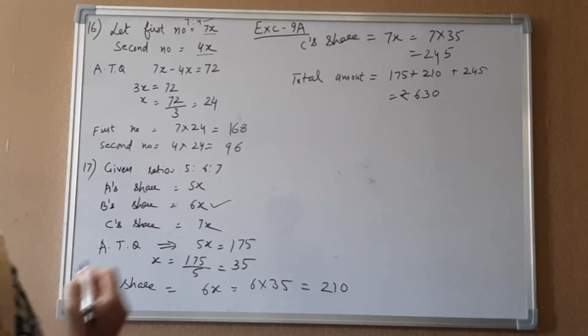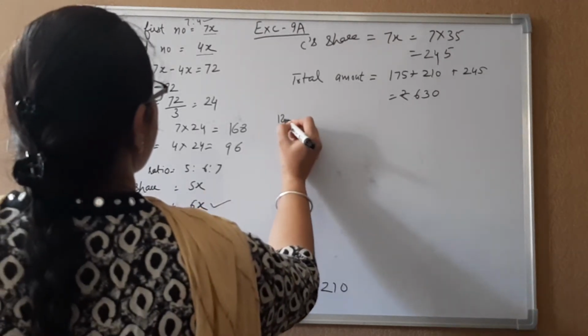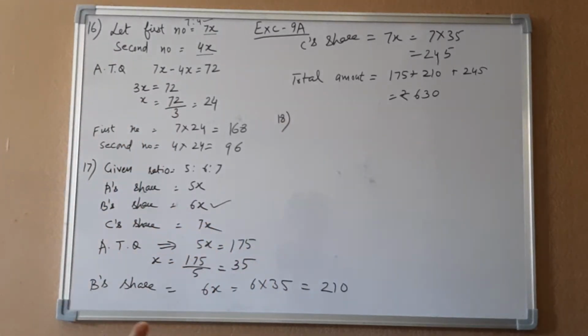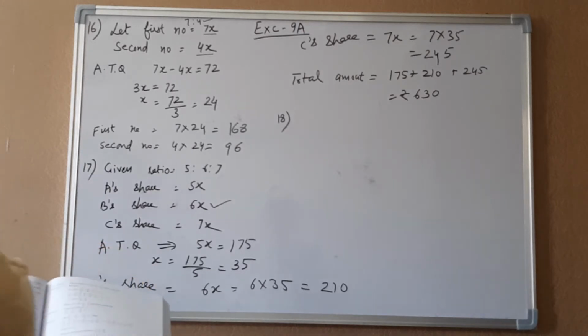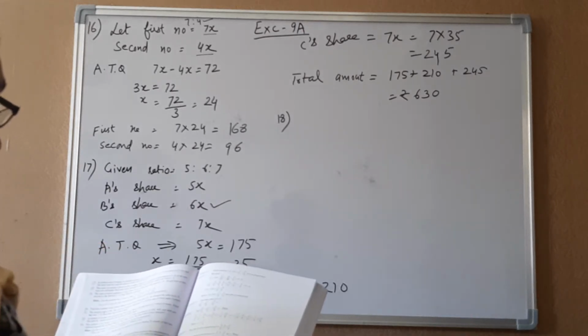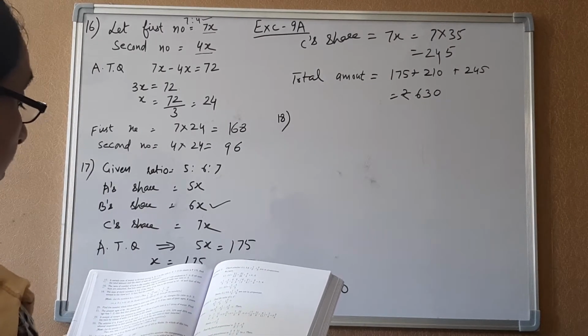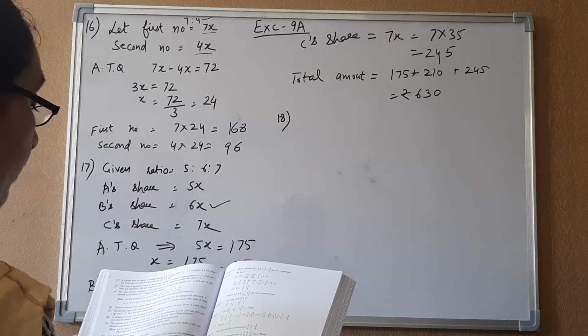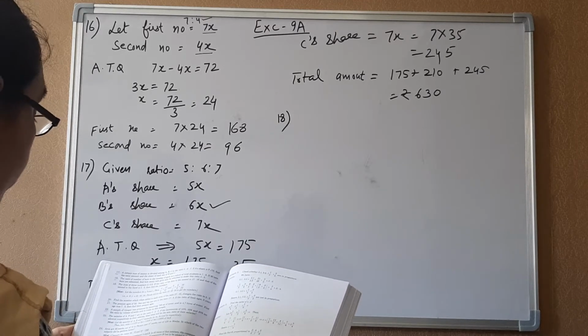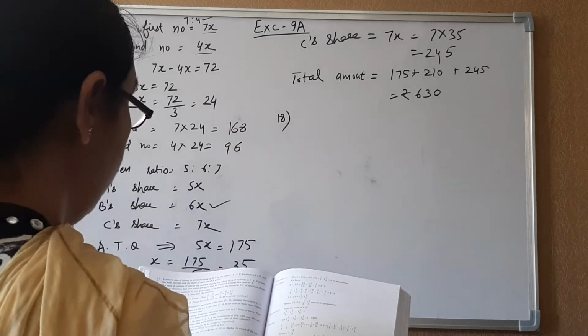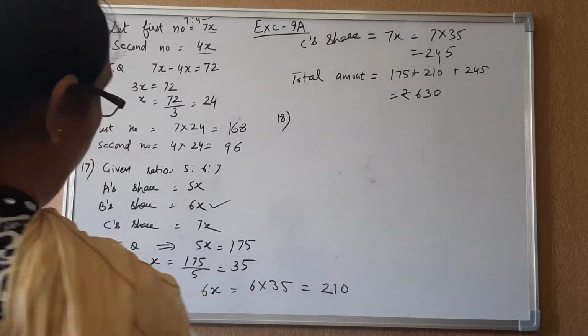Now if we do question number 18, I'm just trying to do all the sums, leaving only the questions where they have given you a hint, so that you can try those also. Question number 18: the ratio of the number of boys to the number of girls is 7:5 and the total is 1440. 40 new boys are admitted. How many new girls are to be admitted to make the ratio 4:3?